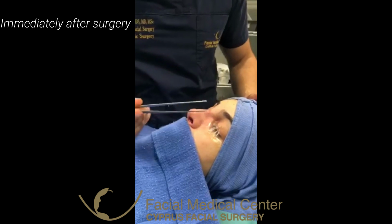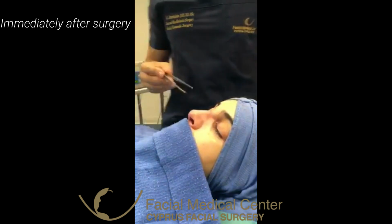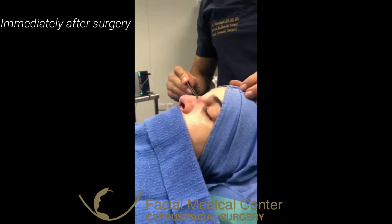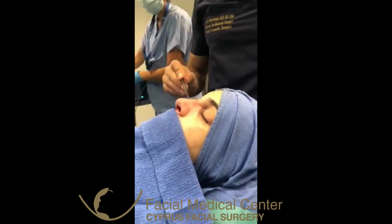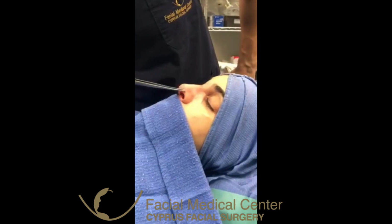You can see here we just finished up with the rhinoplasty. You can see the very nice alignment of the dorsum. The dorsum is being reduced. The area of the radix to the dorsum is straight up. The tip, if you see it from underneath, is very triangular and very